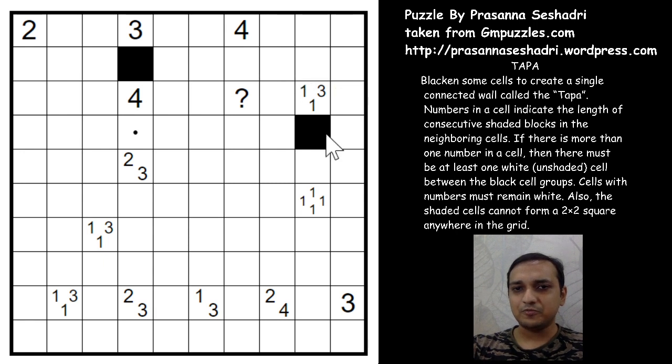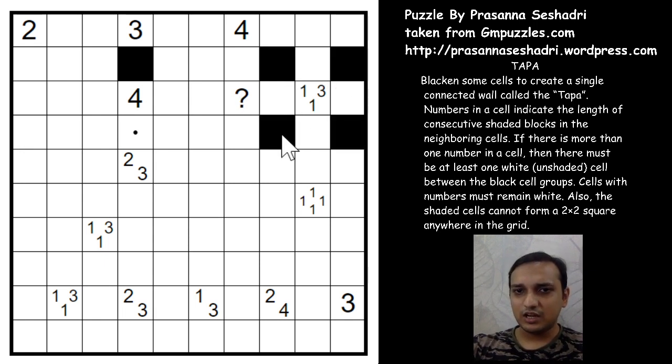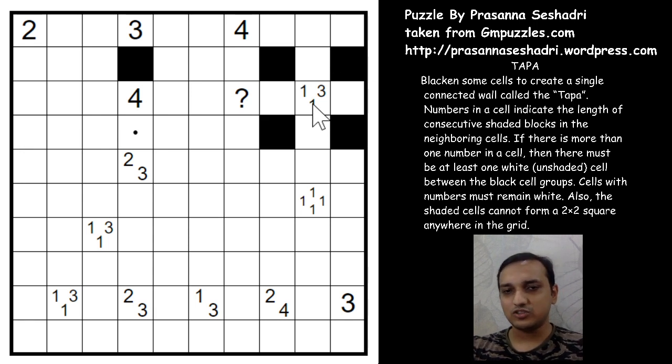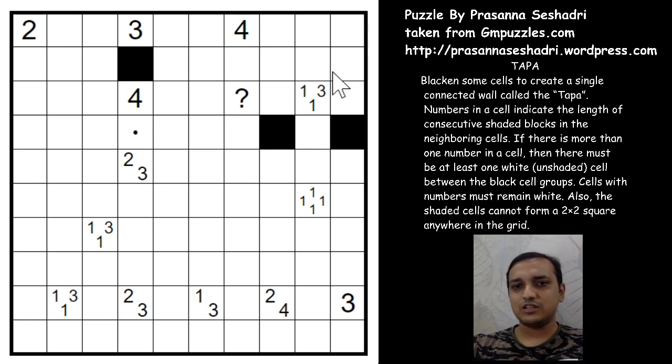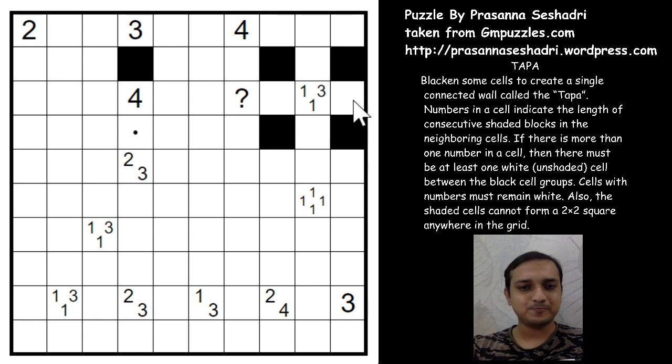So anywhere in the grid, if you have 113 near to the edge and one more clue near to the 113, you will have this kind of arrangement for sure. This is a very good trick actually. Many of us don't see this trick, but this is one of the best tricks. I love this trick. When you have 113 near to the edge, this arrangement is for sure. You can just mark this arrangement blindly.